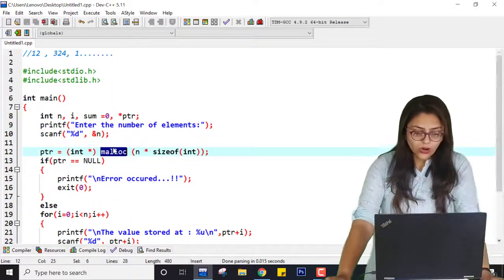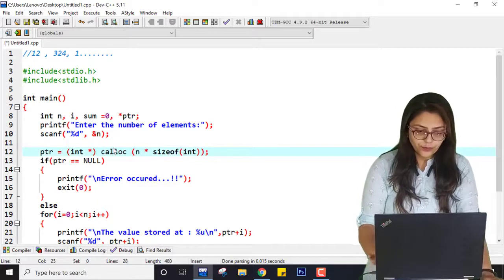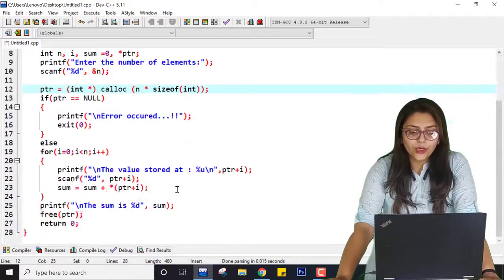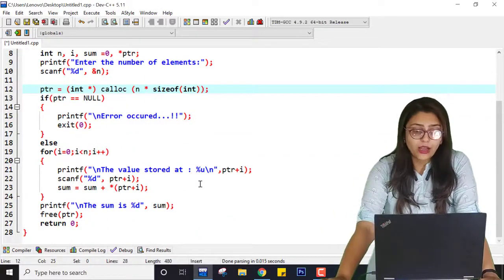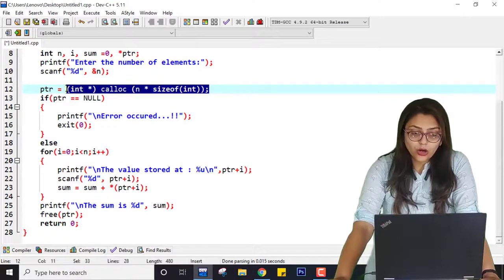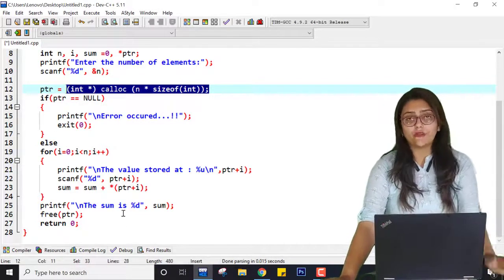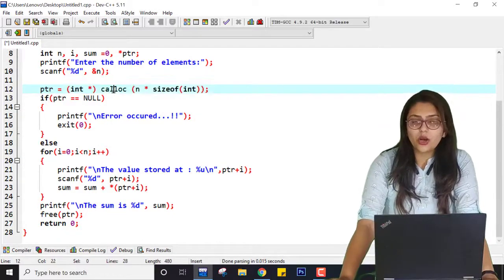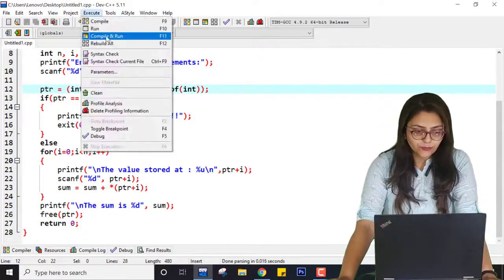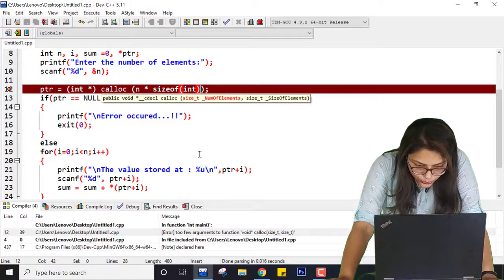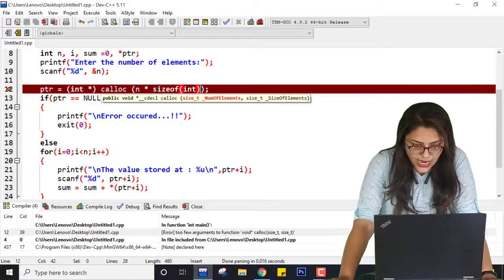Now how can you use calloc? Calloc is nothing but, you can just use calloc by replacing malloc with calloc, and it will allocate contiguous memory as well. But for calloc, each block contains the value 0. In case of malloc, the default initial value was garbage value, but in case of calloc it will be 0. So let me save this program, compile it and run it. It is showing me an error. What is the error? The error is too few arguments to function void calloc size and size. So we have to give